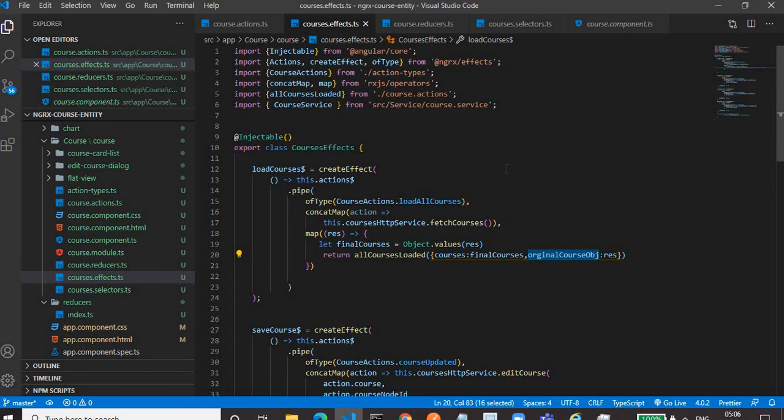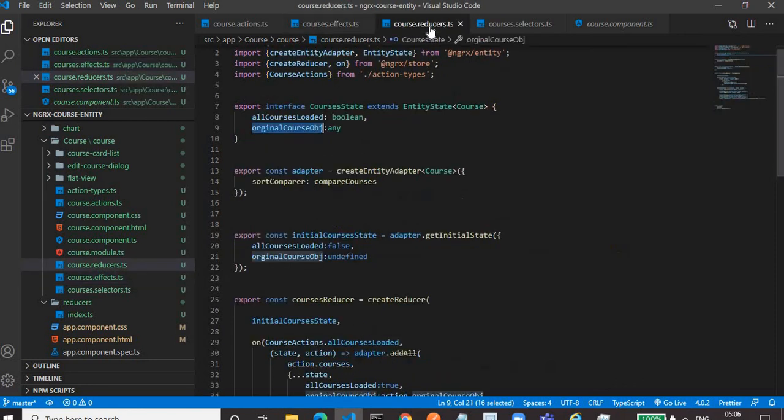Then that second action is received by the reducer, and in the reducer, as we are using the entity method for handling the array of objects, here we define an interface which extends EntityState. Then we have to create an adapter with createEntityAdapter, in which if you want to define the sortComparer or selectId, we will define it there.